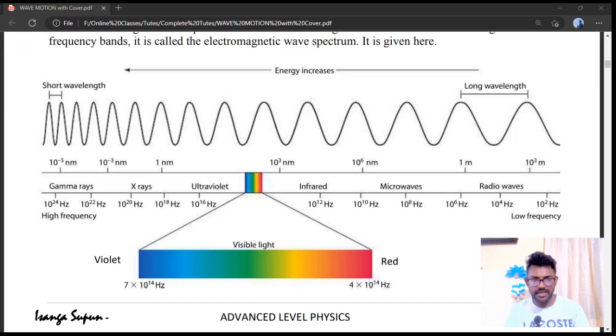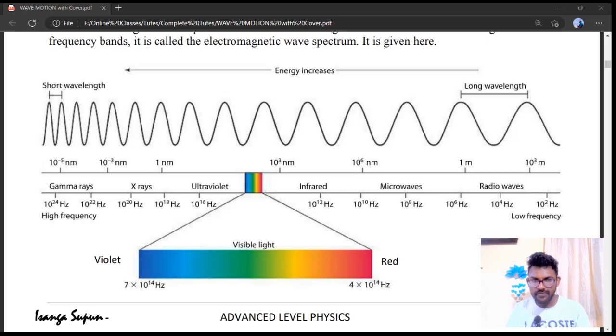Before the gamma rays, we have something called cosmic rays. After the gamma rays and the X-rays, we have ultraviolet. It's better to remember these in order of increasing frequency or reducing wavelength. The gamma rays have the least wavelength while having the highest frequency. When you come to ultraviolet, the frequency is about 7 into 10 to the power 14,